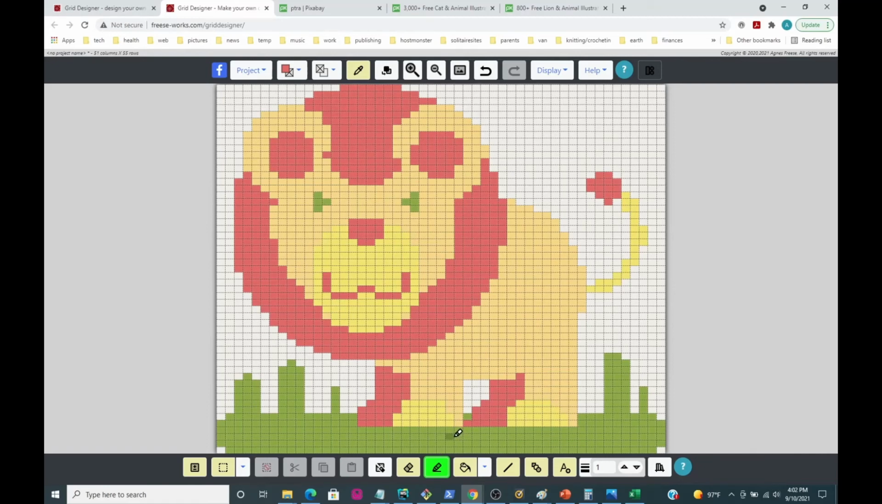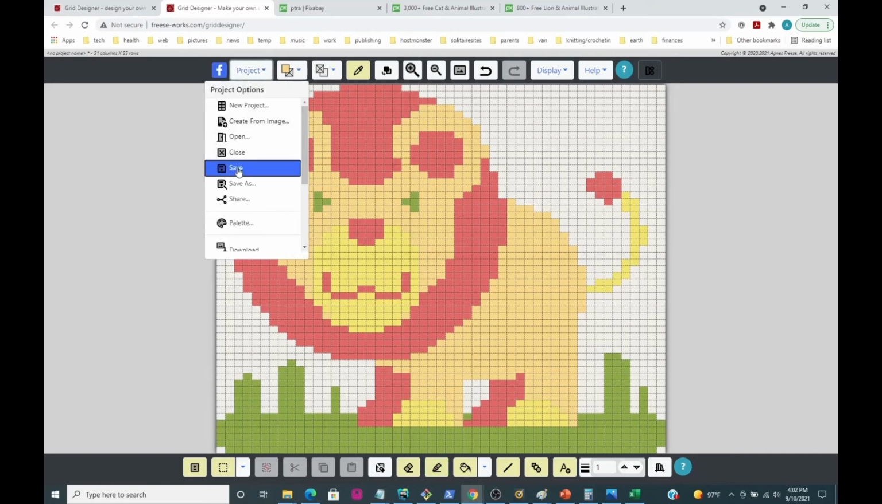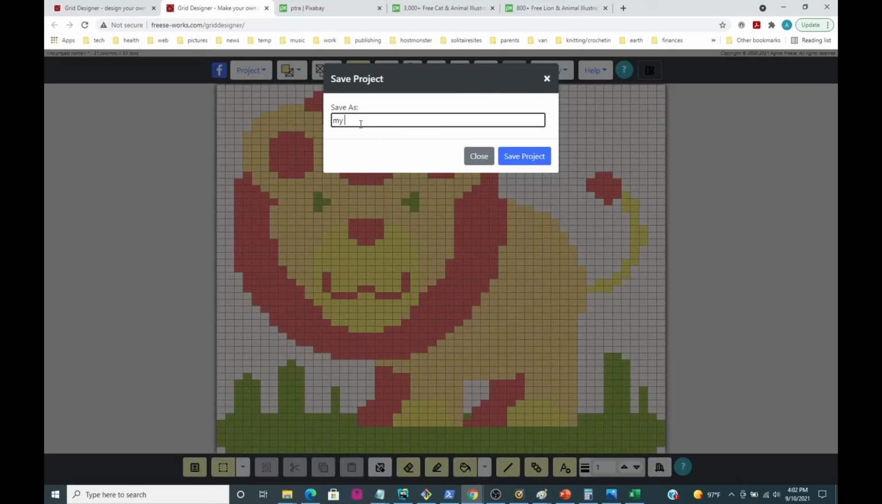Okay, so now it depends upon your color scheme, what you want here. But I, for one, think this light yellow doesn't really show up well against this other color. So I wonder if we can make that look better. Let's go ahead and save our project. We'll just call this My Lion